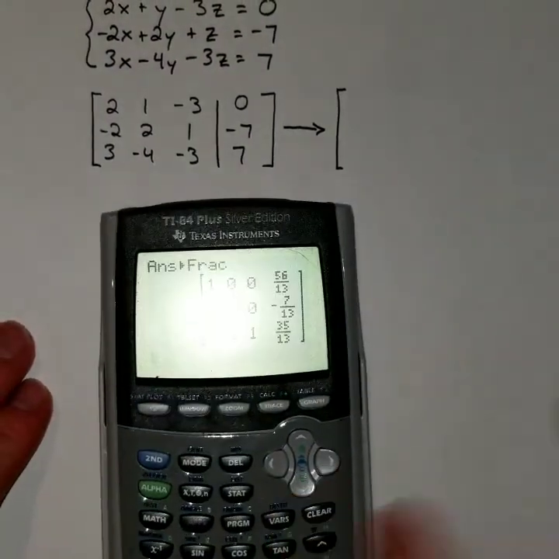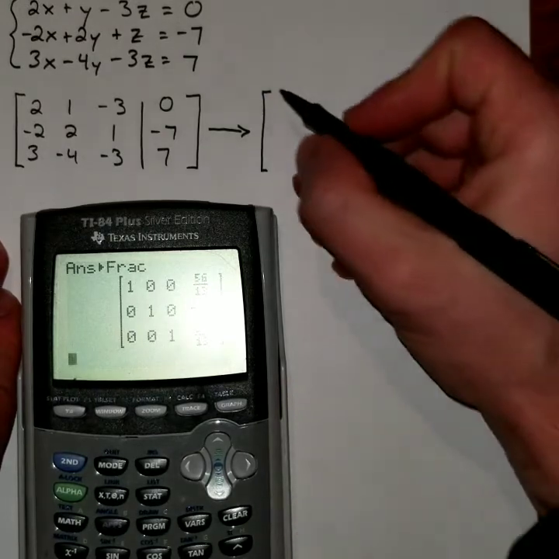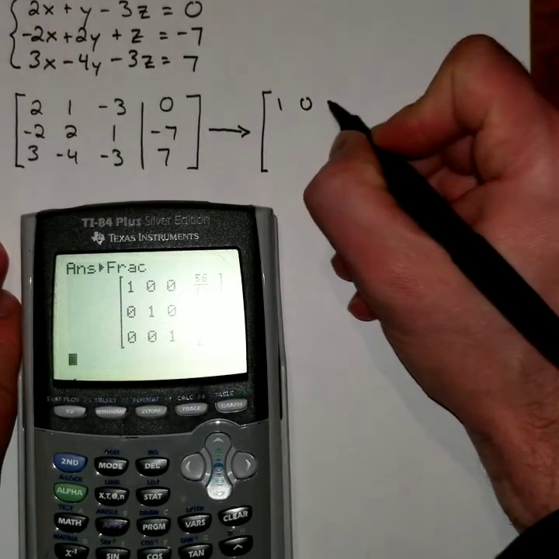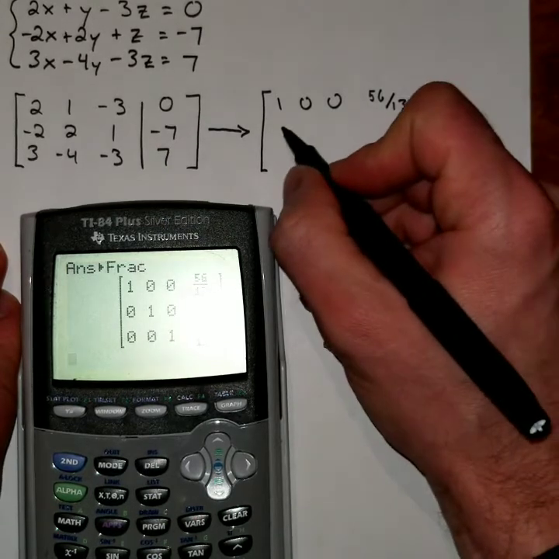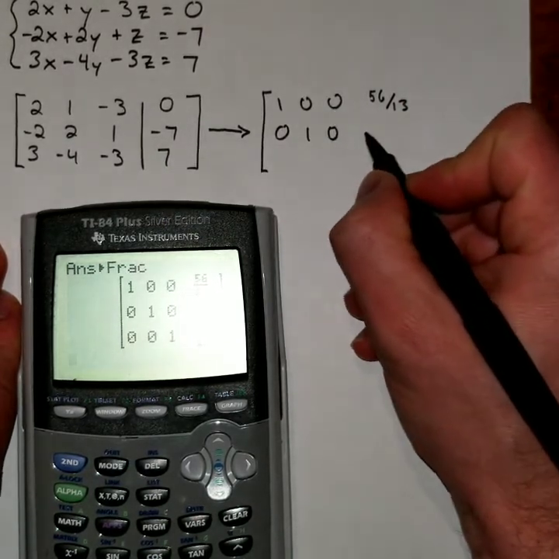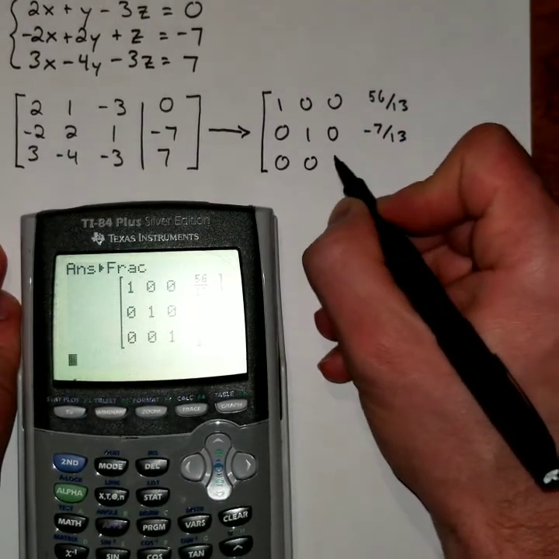However, I'm not quite done. I've got to write this out. I've got to show my work on the test, right? So I'm going to write all this out. 1, 0, 0, and then 56/13. 0, 1, 0, and -7/13. 0, 0, 1, and